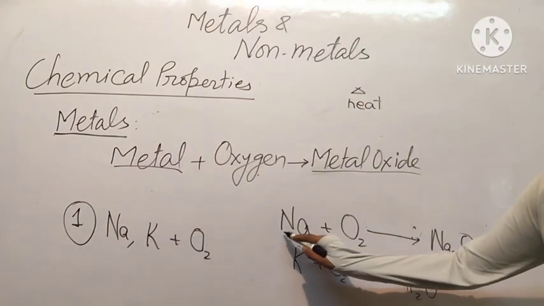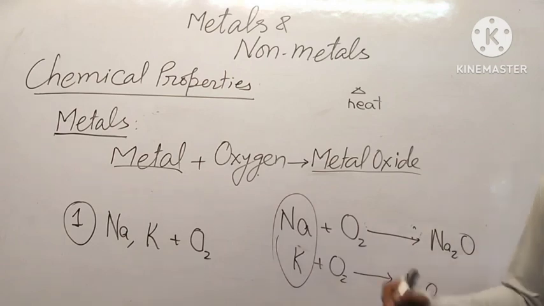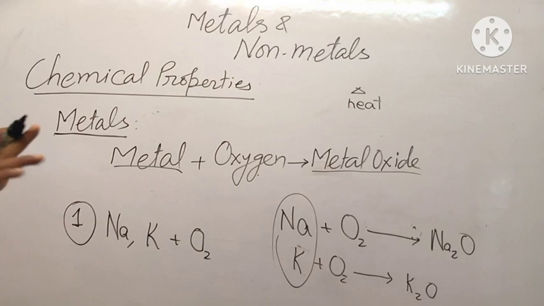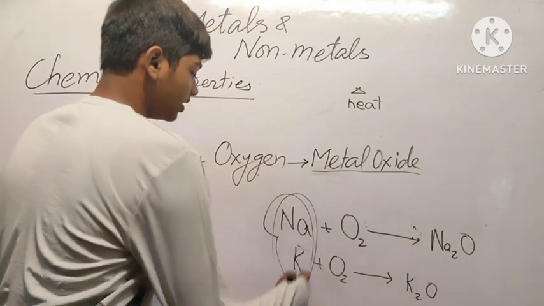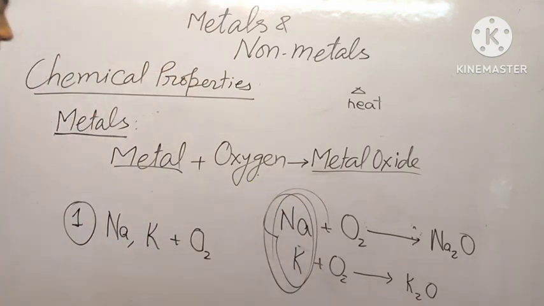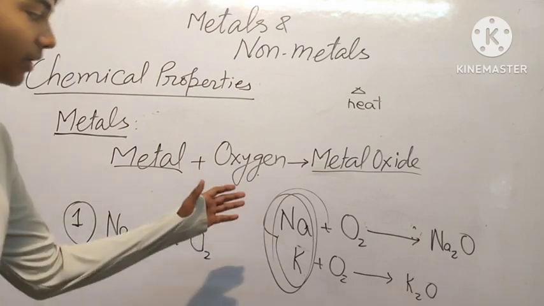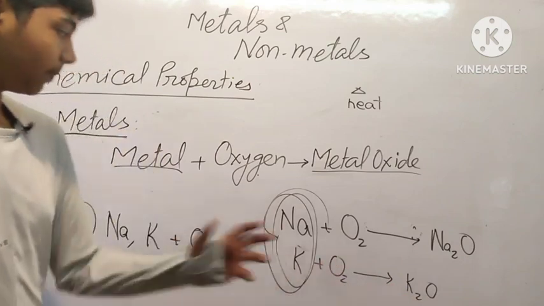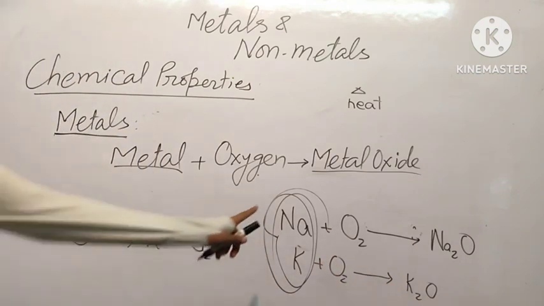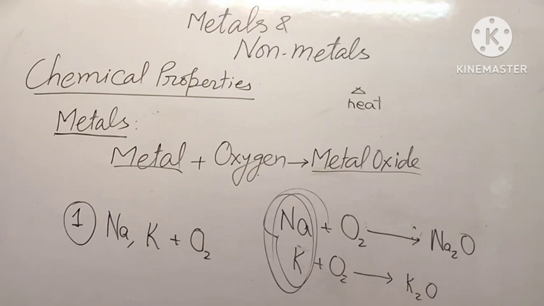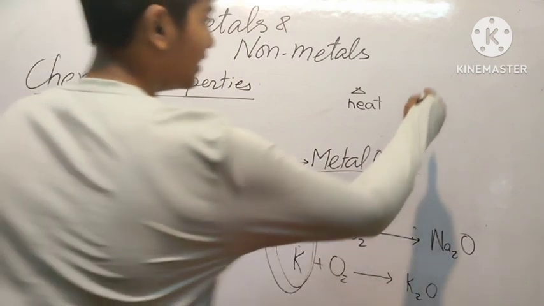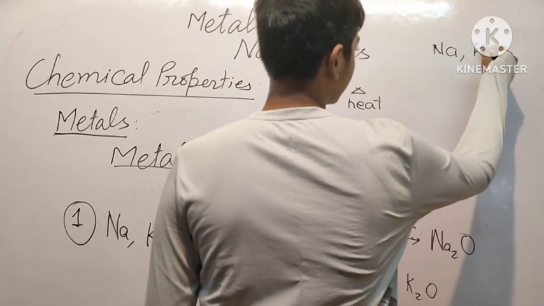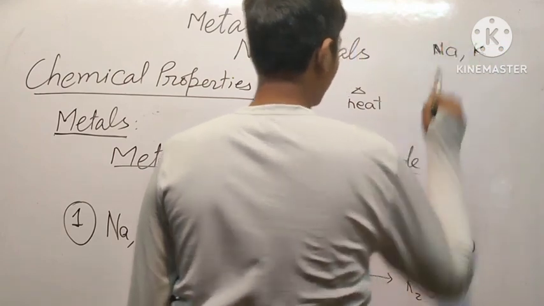That is why these are kept in kerosene to prevent combustion. Combustion means burning of something in the presence of oxygen, but these are kept in kerosene to prevent combustion and any accidental fires. Because even at room temperature, when we take sodium metal, it will start burning. So this means that these are very strong, potassium and sodium. So we will just write Na and K on top. Potassium and sodium are on top for now.